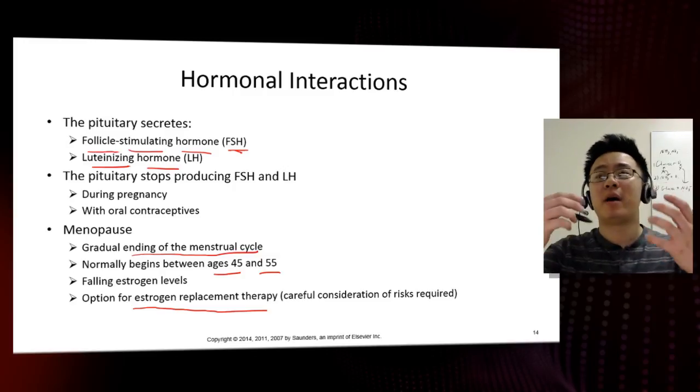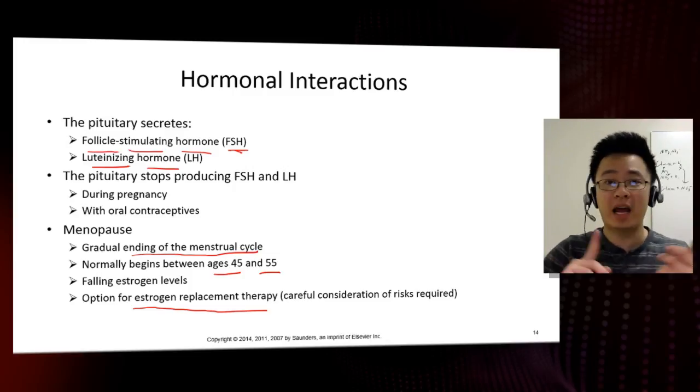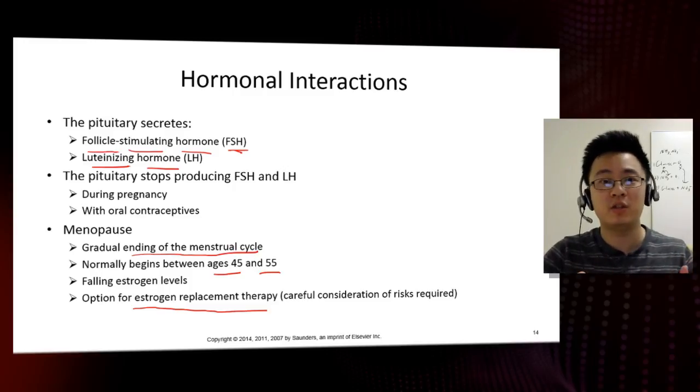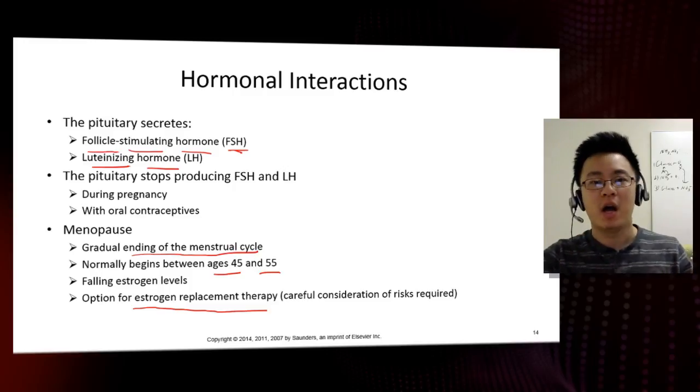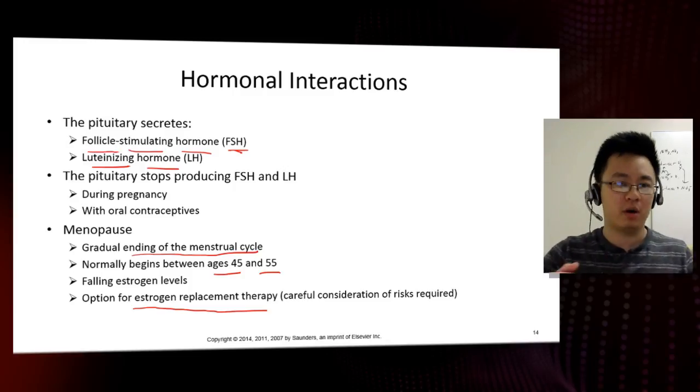It's because the body is no longer maintaining the female reproductive system. There is nothing left to maintain. We don't have a corpus luteum anymore. We don't have follicular cells anymore, so there's nothing to maintain. So that's an excessive amount of estrogen there. So good for the short term, not very good for the long term.